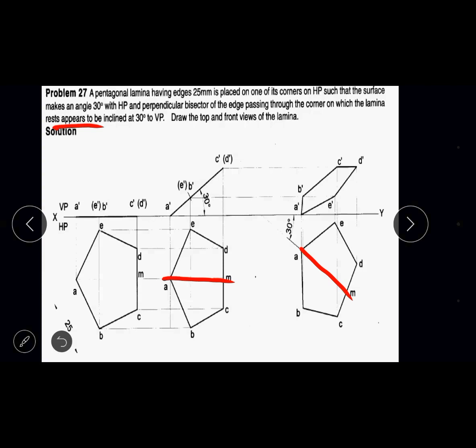audible to you. So this is the difference between the statement of a problem without the word "appear" and the statement of a problem with the word "appear". With this we'll go ahead and try to solve problems on beta angle related to hexagonal lamina and circular lamina. Our next problem will be problem number 41 of your solution book.